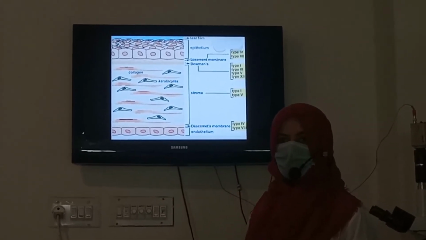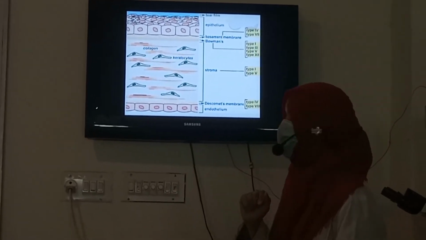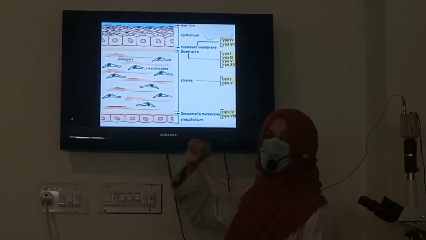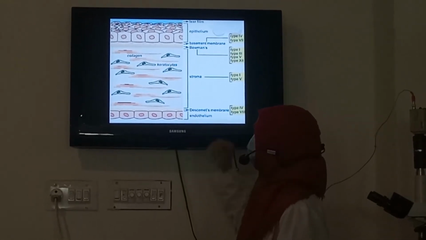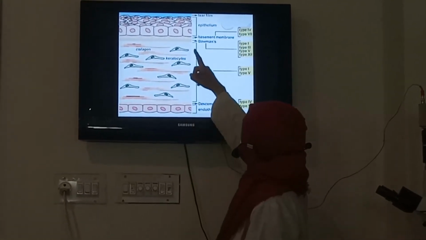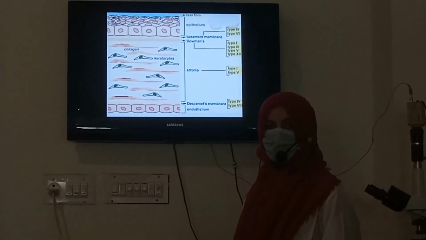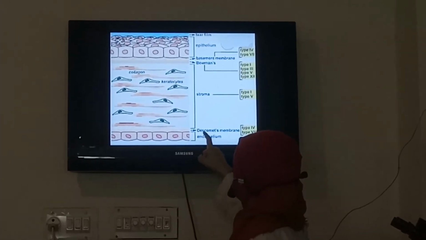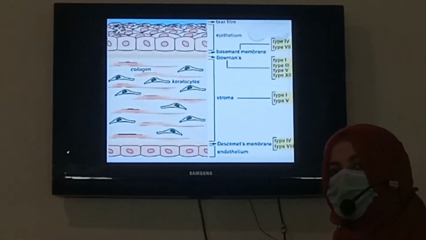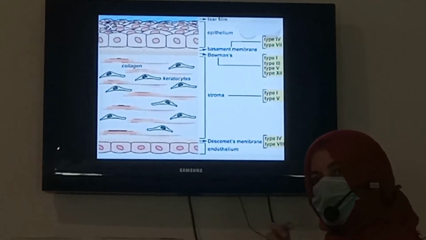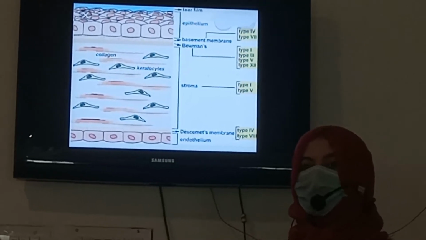Endothelium is again epithelium, but whenever there is epithelium lining the inner structure, we call it endothelium. Right? It is simple squamous. The top, the exterior, is stratified squamous, ending up with simple squamous. Here it's avascular. The question can come: how does this cornea get its nourishment? We should keep in mind that this last layer is metabolically very active because it has a sodium potassium pump in it. So diffusion takes place और ये सारे का सारा आपका कॉर्निया को नरिशमेंट मिल जाएगी,